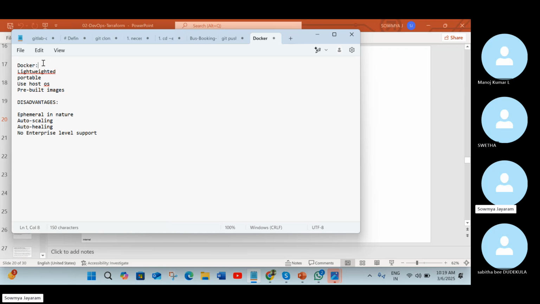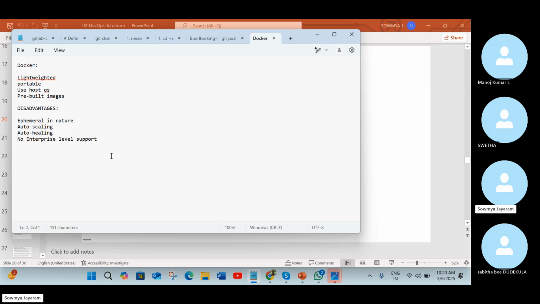See, Docker is giving you a very good feature, a very good process for running your application very smoothly, and also it is very lightweight, and everything is taken care of. But the disadvantage is, you build your image, and then you run your container, and inside the container your application will run. If you're using that in production, it can kill anytime, which means you will lose data, you will lose your application, and everything will collapse.